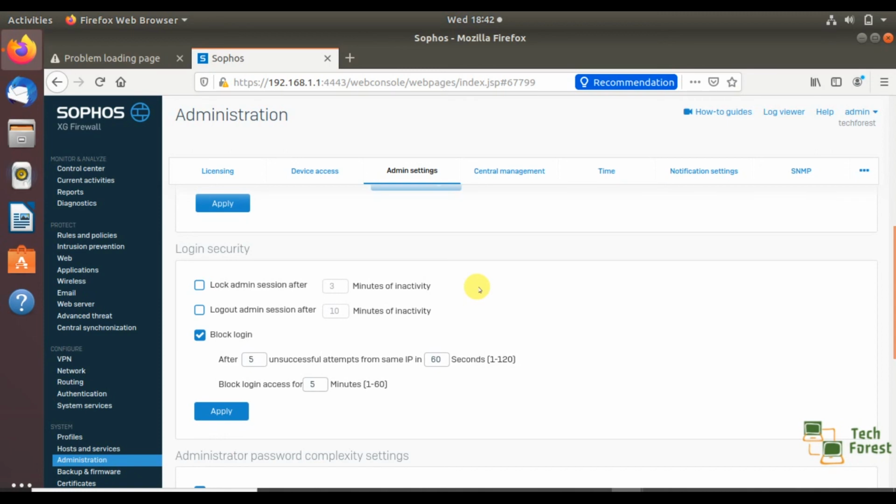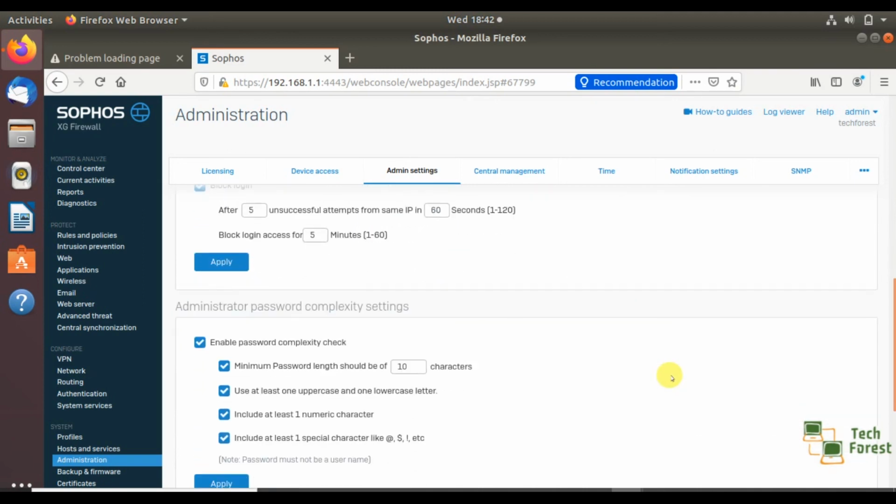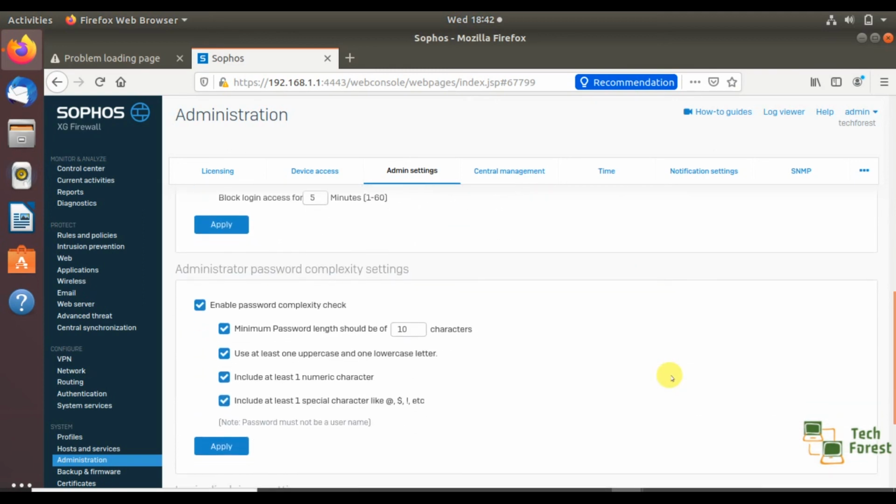Also you can block login after unsuccessful attempts. Apart from this, if you scroll down this page, here you can make it mandatory to use only complex passwords. And after enabling this option, other administrators cannot set weak passwords.